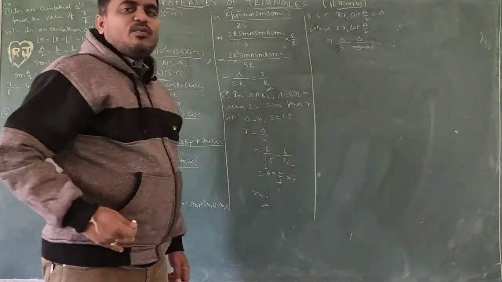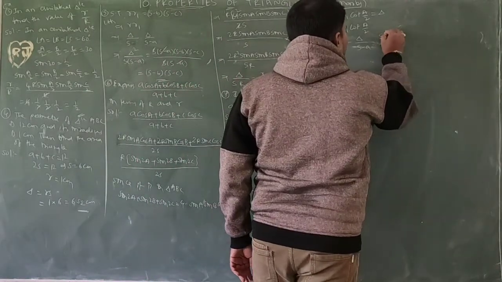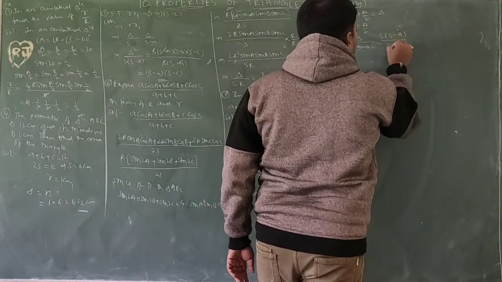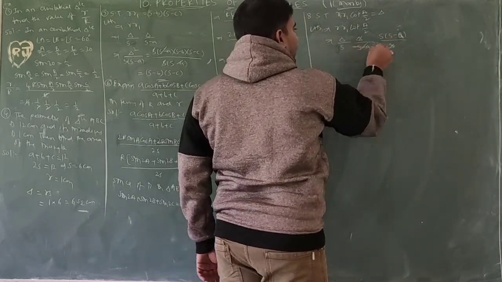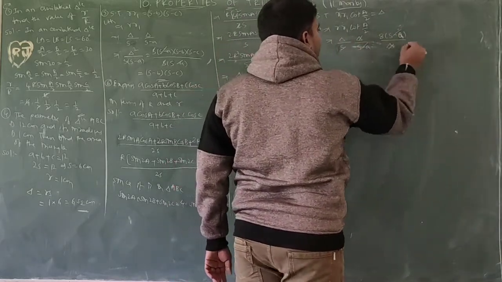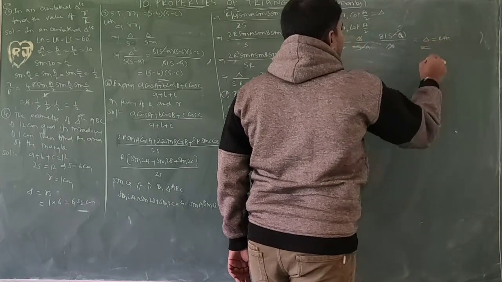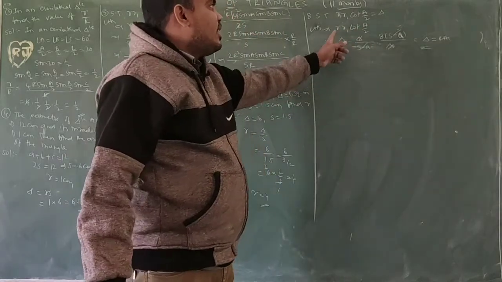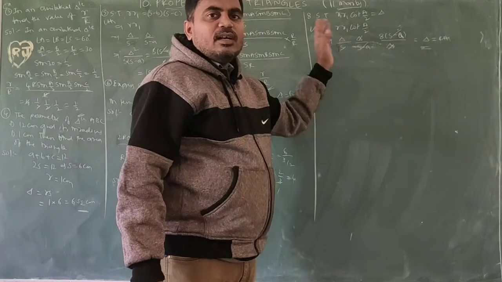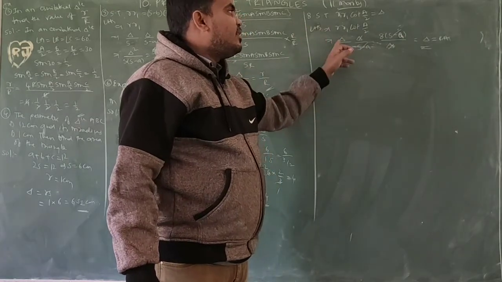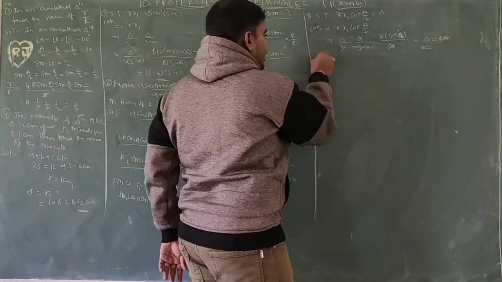The formula for cot A by 2 in terms of delta is s into s minus a by delta. So delta cancels, s minus a cancels, s cancels. Overall one delta remains. So this is equal to RHS. So we are writing all the formulas: delta by s minus a, cot A by 2, s into s minus a by delta. All the terms get cancelled except one delta. So the answer is delta. Okay, next, 9th one.